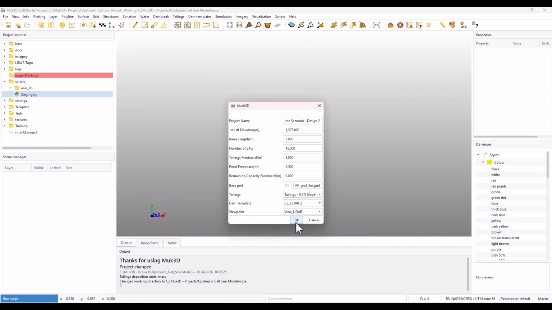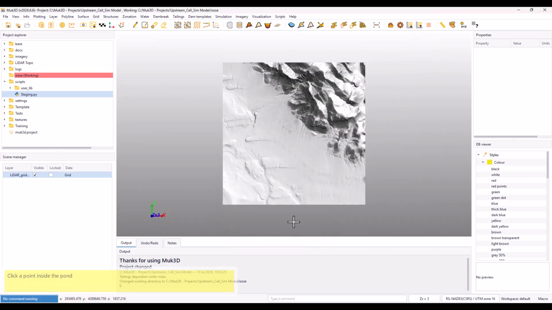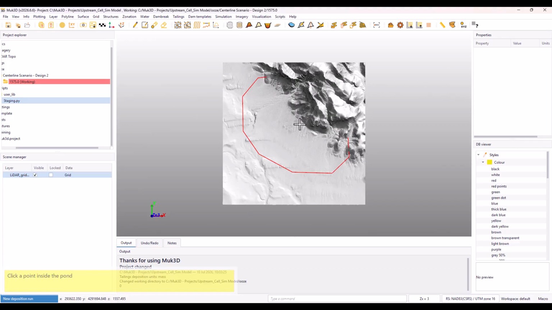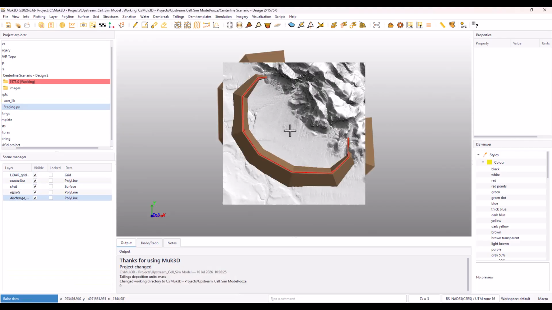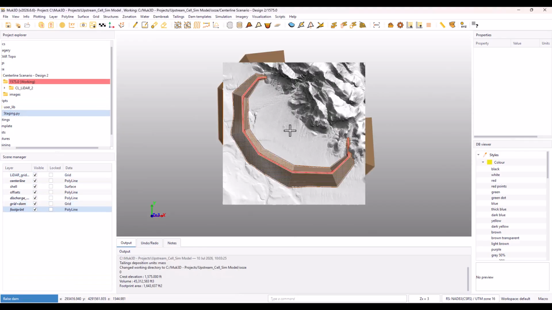So if you've seen the trailer for the video, you probably have a good concept of what the script does. You select a base grid, pick a dam template or design, you specify your tailings type, your viewpoint, and then from there you enter your starting elevation, the raise height, the freeboards, and the number of raises you'd like to apply. You give the software the location of your TSF, and then from there the script runs a complete staging